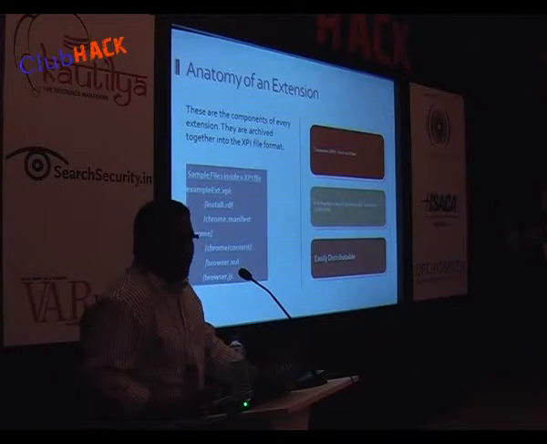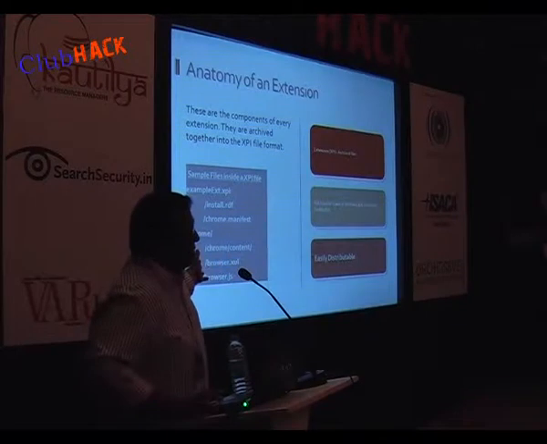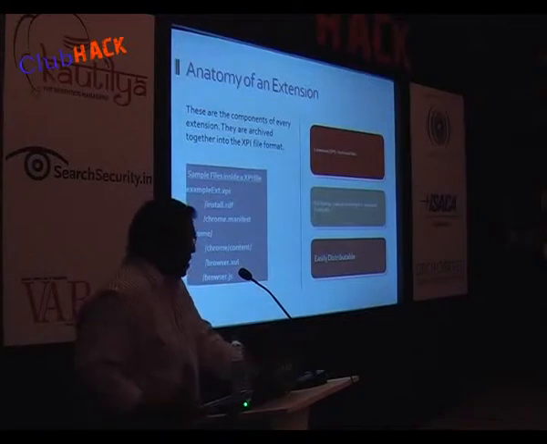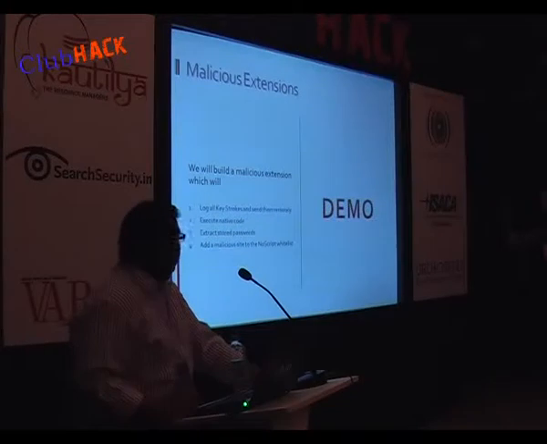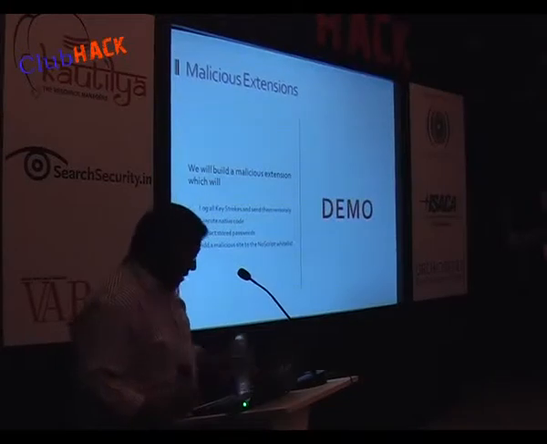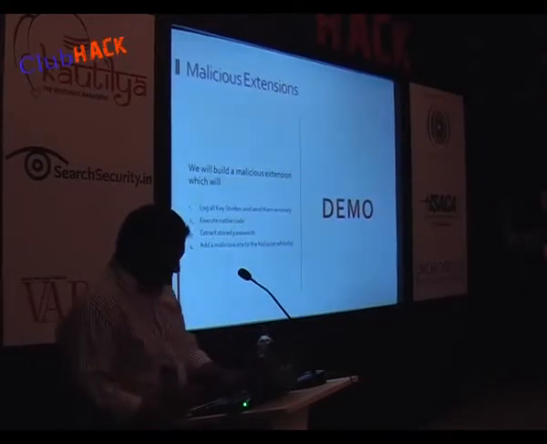So if you're really doing some code review of an extension, you need to look at what is inside. You need to open up these files with WinRAR or some software like that. You will see this file structure. Open it into a file and then you can do your code review. It's as simple as reading a JavaScript file. Okay, let's get to one of the demos. I'll start with one demo.